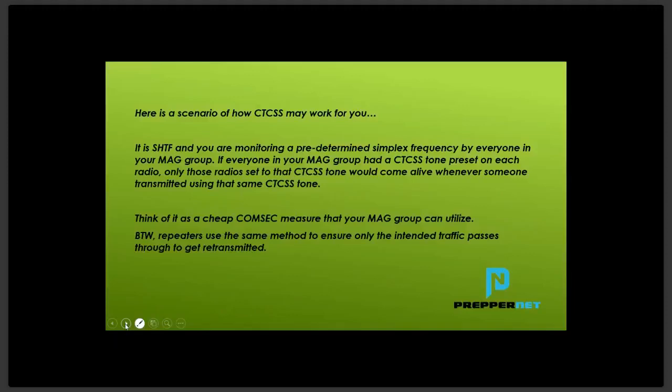Okay, so here's a scenario of how it might work. It's SHTF, and you and your group, you may have a small group at your homestead, but you and your neighbors have formed a coalition of MAG groups, and you're going to mutually assist each other. If one homestead comes under attack, another can flank and come in and help that other MAG group. If you get into understanding MAG groups and proper security protocols, it's an advisable thing to do. But nevertheless, you can have a frequency that you use within your MAG group and have it CTCSS coded so the other MAG groups don't hear,